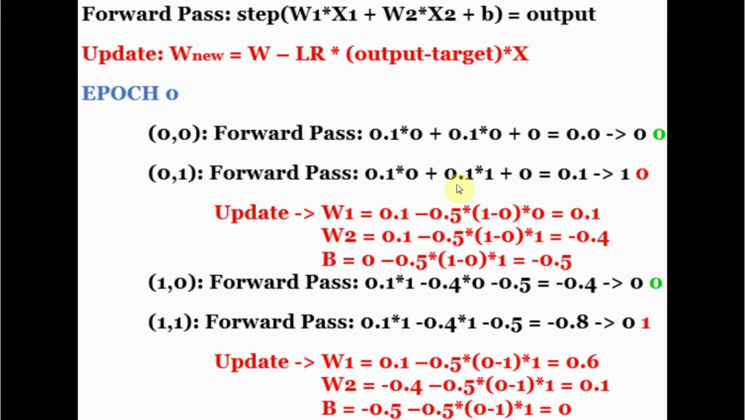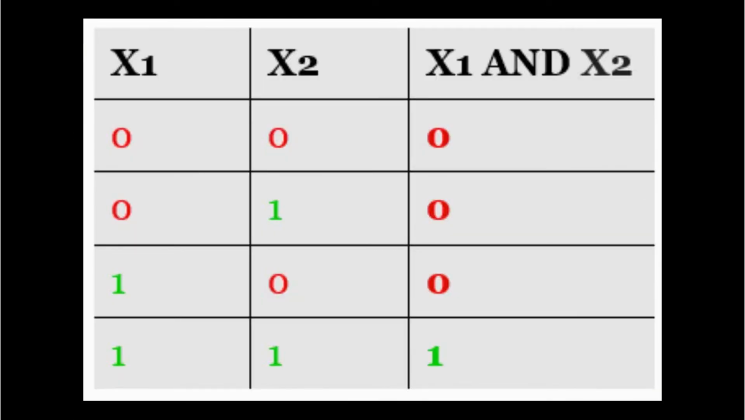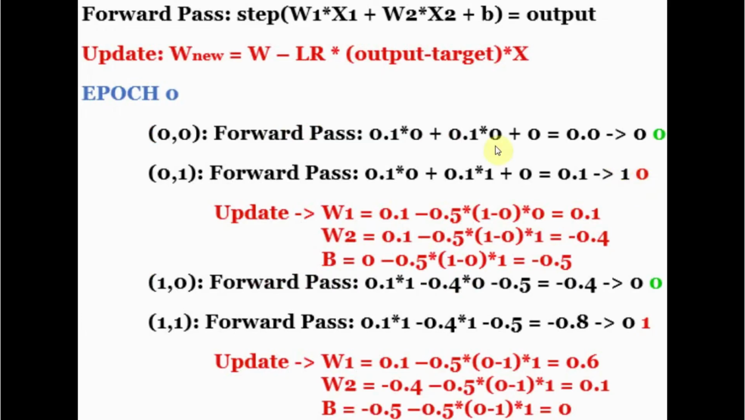We do the forward pass, we get 0.1, which will be translated into 1, right? Because our threshold is 0. But our target is 0, so we have to update. We don't update the first weight because the x is 0, right? So the loss with respect to the first weight is nothing basically, so it stays the same. We do update the second weight though, and we get minus 0.4,